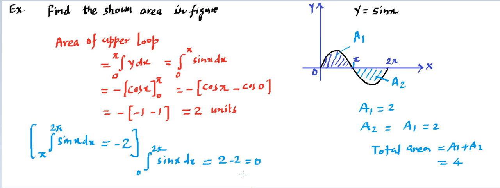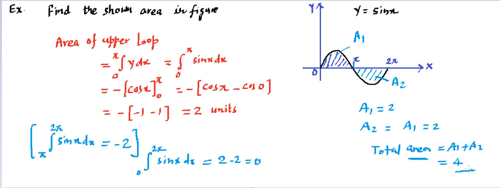So the ultimate point is that if the graph is upside, this integration is going to be positive, and if it is downside, then integration comes out to be negative. And if you are interested in finding the magnitude of total area, then of course the areas have to be added up, hence we need to give the answer 4. So this answer 4 will come when we are finding the area of the figure. Areas are always added up because they are positive quantities.